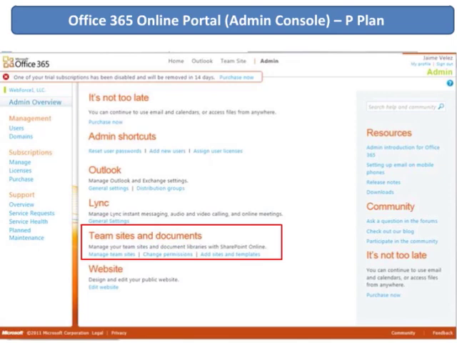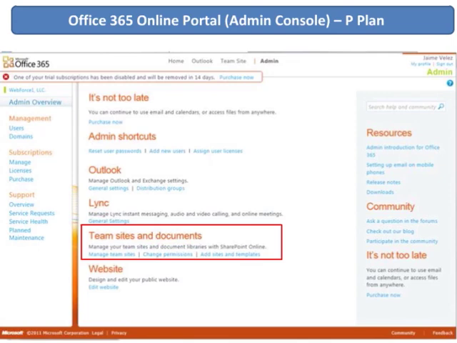Okay, so that was the console for the E plans. Now what I'd like to show you is the console for the P plan, for the Small Business and Professionals plan. The biggest thing you notice here is that they don't refer to it as SharePoint. They only refer to it as team sites. And the reason why is because you only have one site. So when you come to this side here, the only thing you can do is view your site, but you don't have the same options like you did before on the E plan. You can change permissions, you can add users, and you can add sites, but these are sub-sites. So you can add sites and templates to your site. So it's a more streamlined version than the E plan. It's a very simplified version of the console.